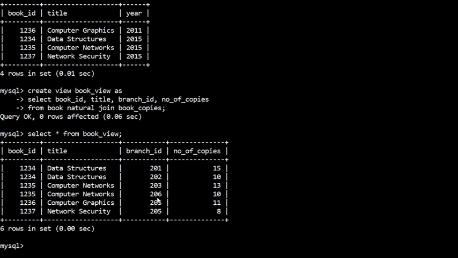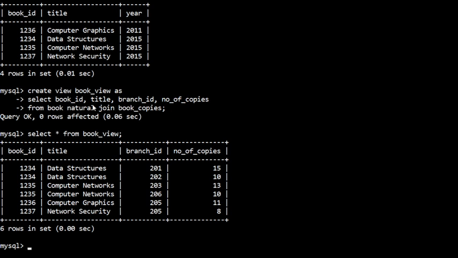So like this you can create a view, and a view means it will just have a definition which is stored in your database. Whenever you write select star from book view, at that time it checks what the definition of this book underscore view is. Book underscore view is defined as this query, select book ID, title, branch ID, and all these things.